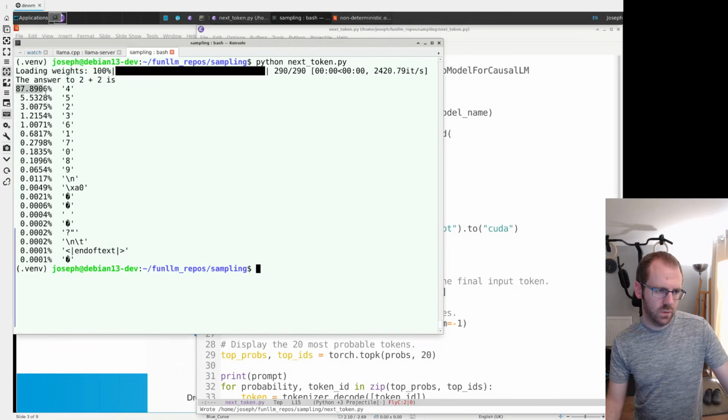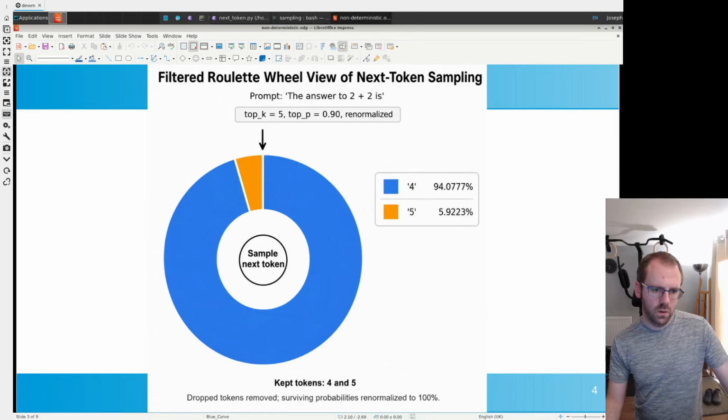3 is less than 10% of 87. So for a bigger, smarter LLM, I would obviously expect all of the wrong answers to get filtered out by the sampler, but this is a very small large language model.